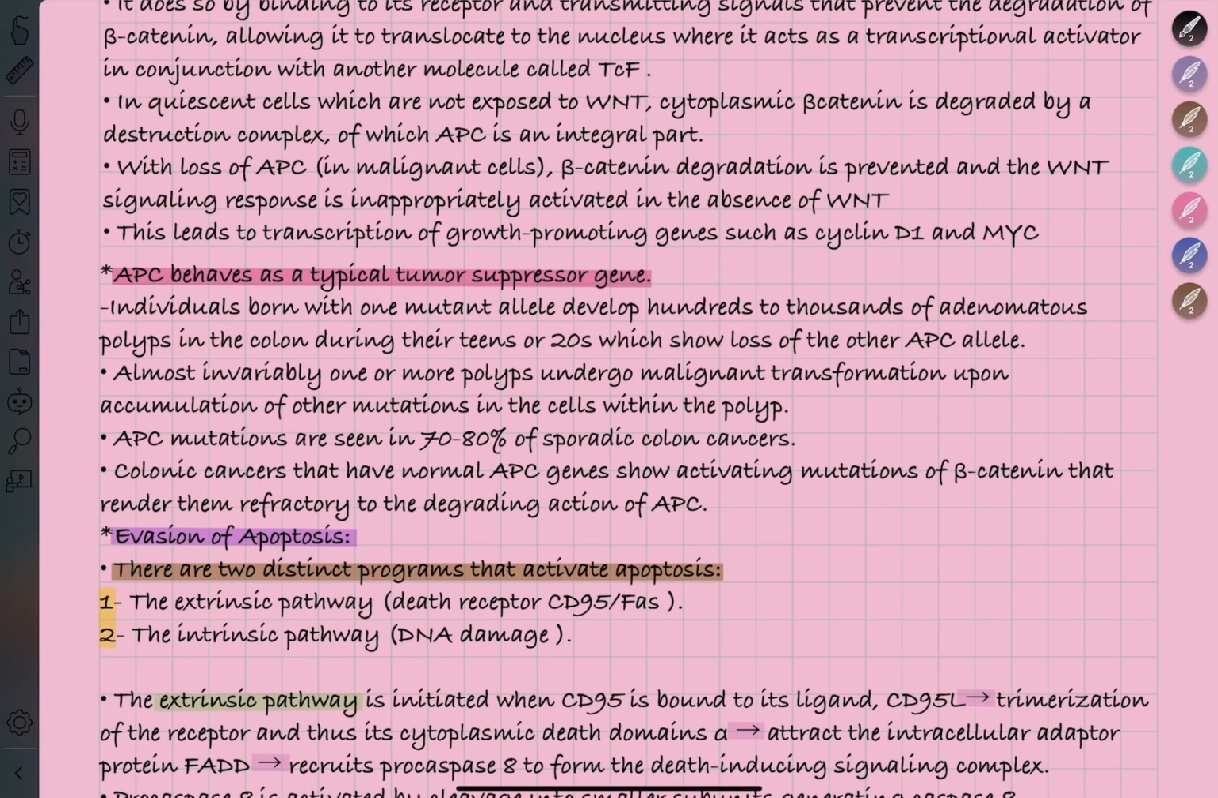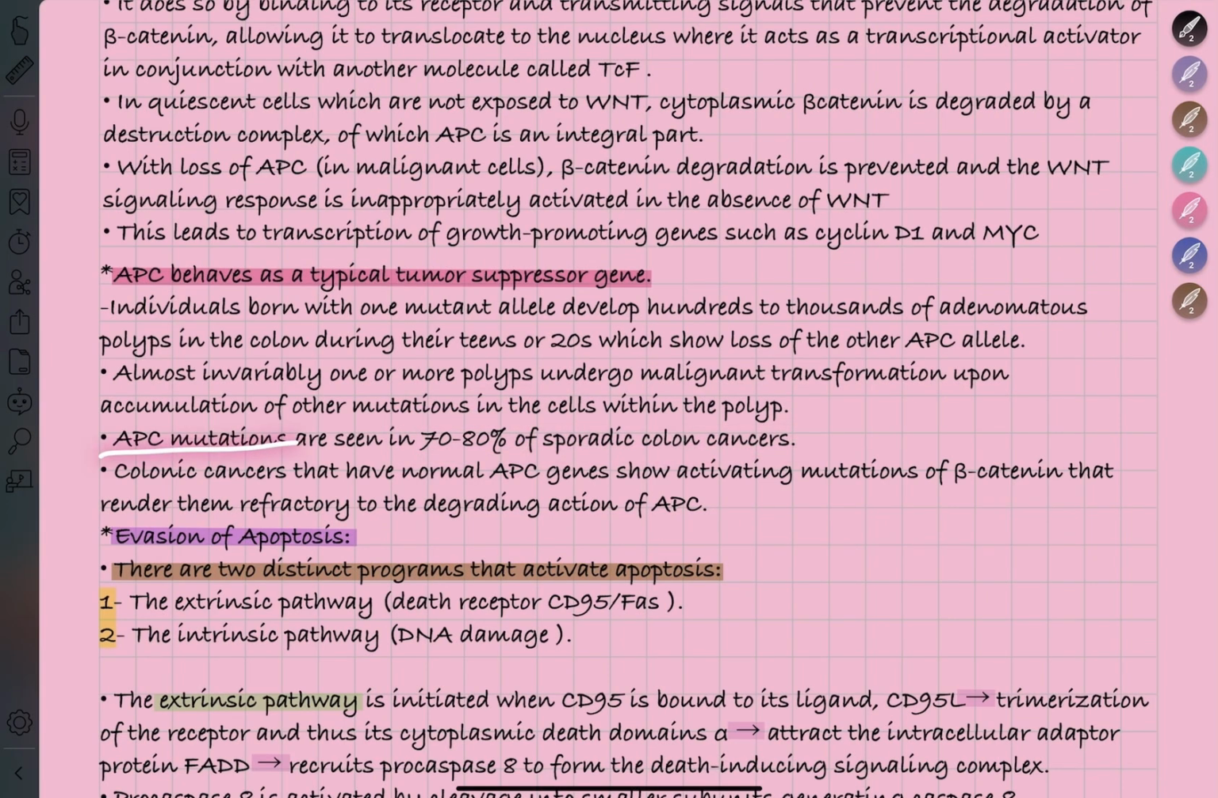APC mutations are seen in 70 to 80% of sporadic colon cancers. Sporadic, as we said, it occurs in a non-familial way, non-inheritable way. Okay, so 70 to 80% of these cases have APC mutations. Colonic cancers that have normal APC genes show activating mutations of beta-catenin that render them refractory to the degrading action of APC. What are you saying? So we said 70 to 80% of the sporadic colon cancers